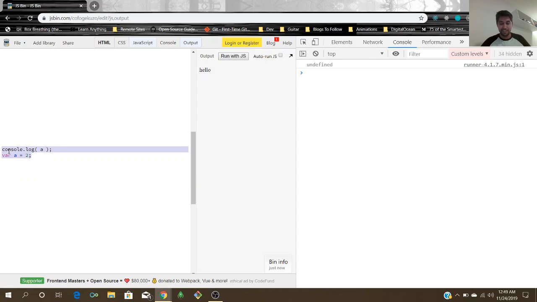So let's break this down a little bit more. You write this, but what the compiler sees is it's going to move all of your variable declarations at the top, and then whatever your normal flow is, and then a is equal to 2. So now if you look at this code,